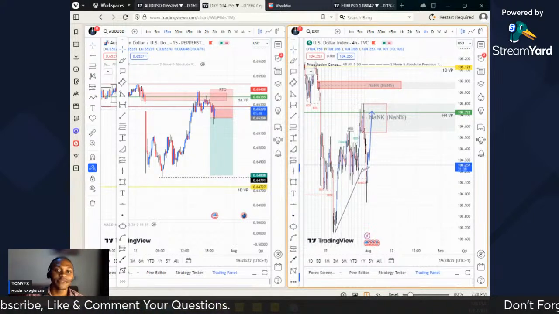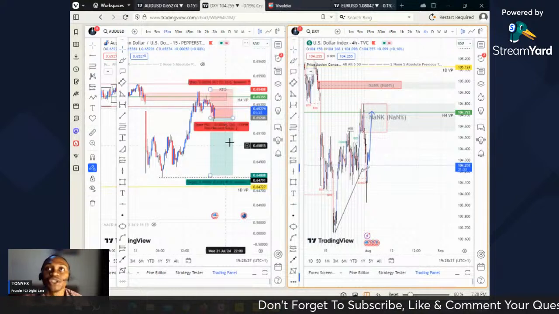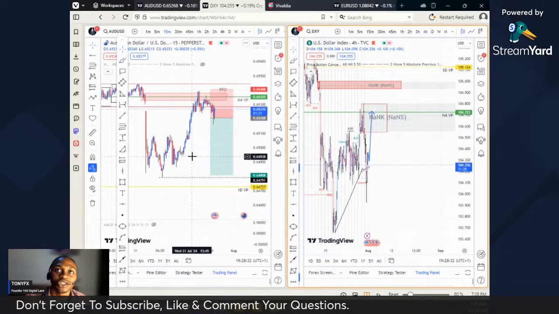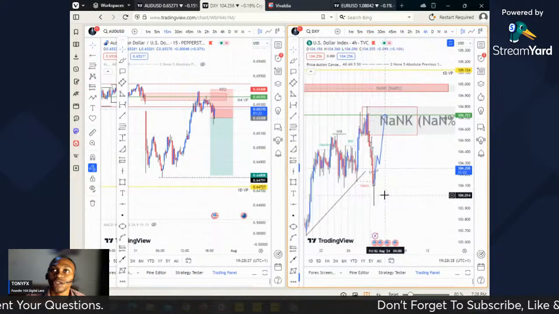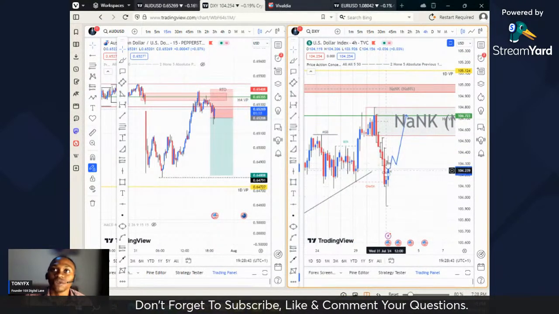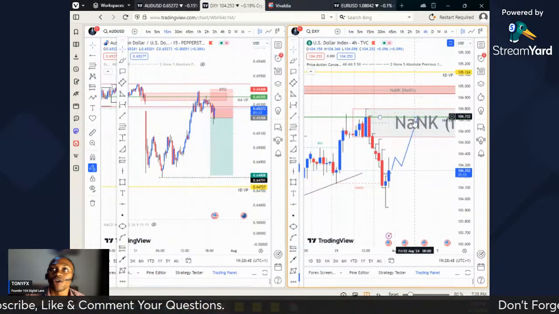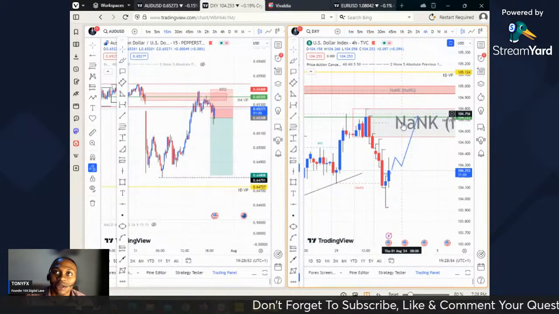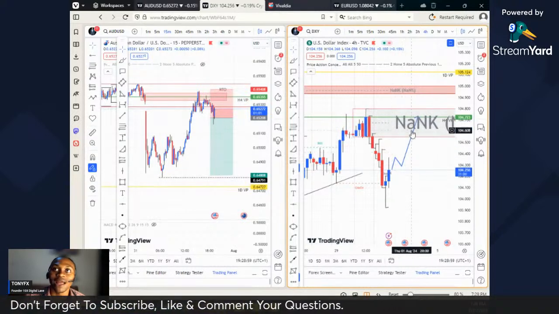The FOMC left the interest rate unchanged. From past data, when they leave the interest rate unchanged, the dollar can either be strong or weak. As of today, we saw the dollar was weak, but as soon as the interest rate news was released, there was a bullish momentum in the dollar DXY on the right-hand side. So there is a corrective structure towards this supply zone. Once it gets to the supply zone, you can start expecting the dollar to be weak. But I'm expecting the dollar to head towards the supply zone.